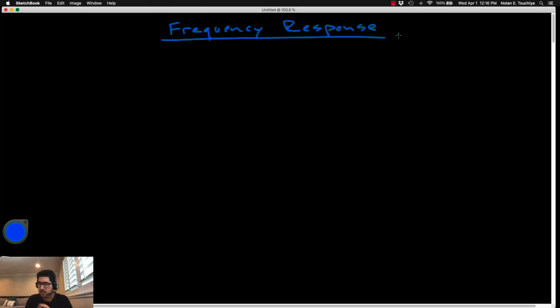Okay, guys, so we have a brand new topic starting this week, and we're going to run with this idea pretty much through the end of the semester. And the concept here is frequency response. Okay, so the frequency response